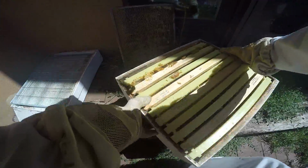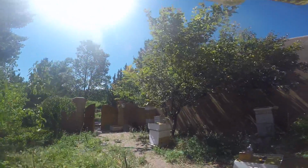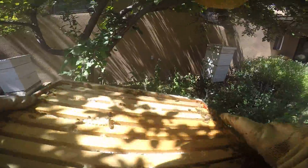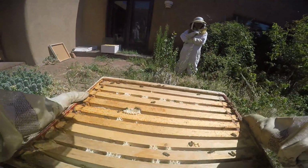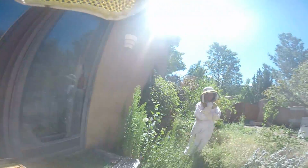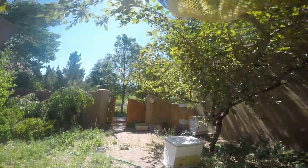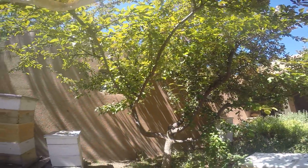I'm thinking about what are we going to do with that 6.5 inch full of honey. Because we could set it on there, sure. Well, no, because then it will pop the frames out or something. Alright. So we want to move this hive back over to there. Do you have another pallet or thing? And